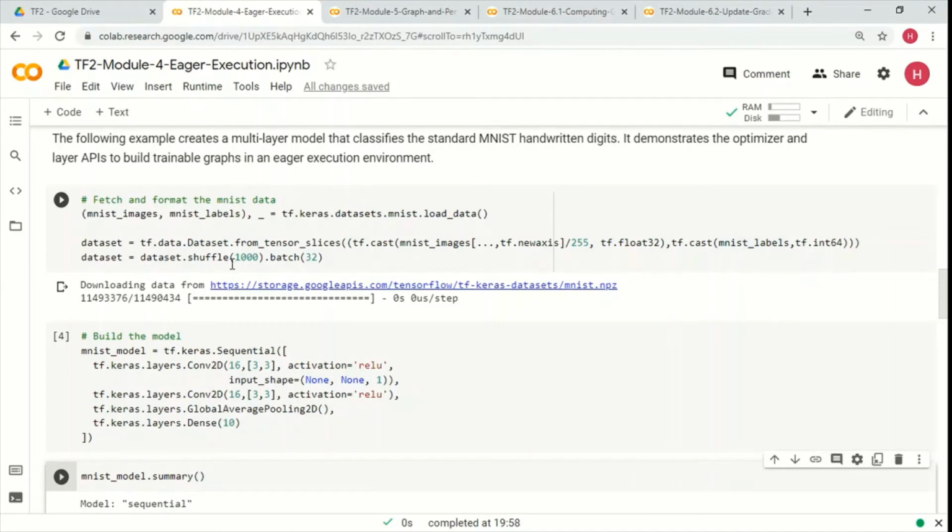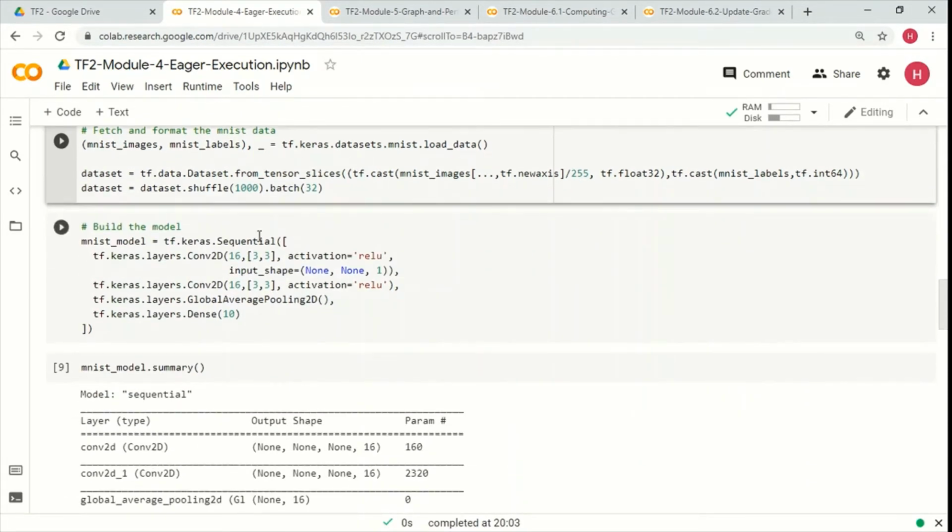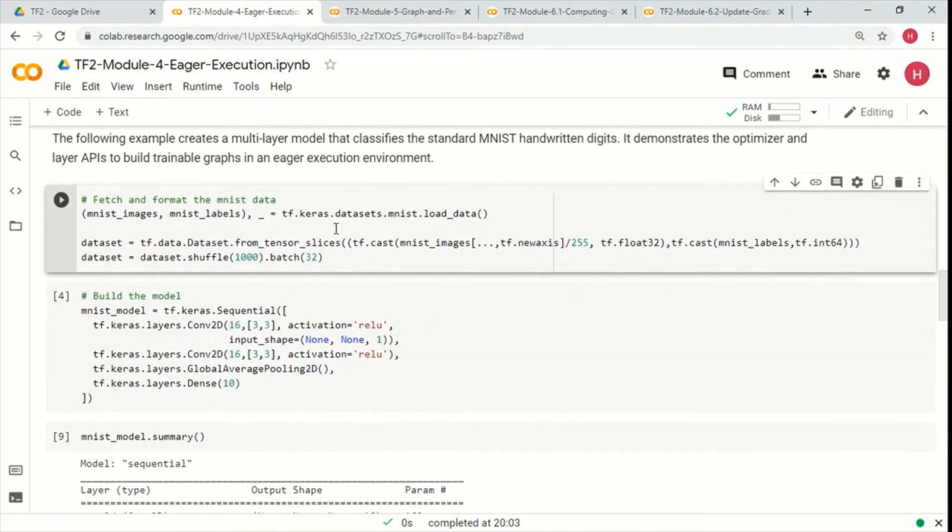Then we are going to shuffle the data set and create batches of the data, so there will be batches of 32 images each. Okay, so let's do this. Right, so now we have the data set ready, and if you notice, we are using the Keras data sets, so it's easy to load the data sets using Keras.